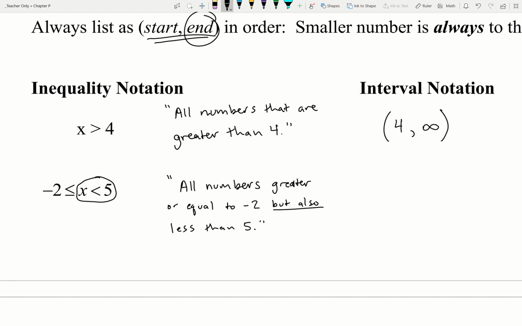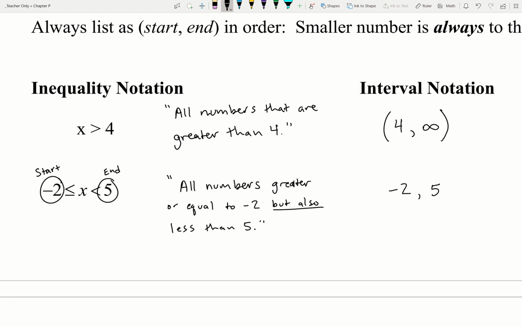So how could we possibly convey that in our interval notation? Well, this is a little bit easier than the previous example because in terms of our starting and our ending number, they pretty much give that to us straight away here. This description is going to start off talking about the number negative 2. It's going to end up talking about the number 5. So when we write that, we're going to say that our starting number is negative 2, comma,